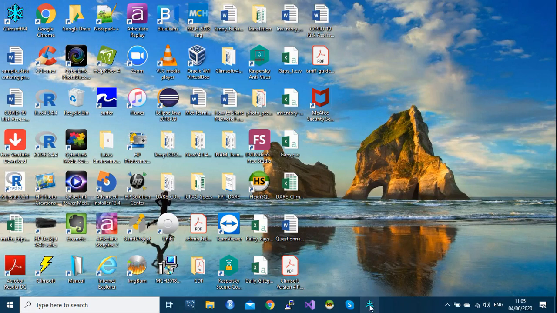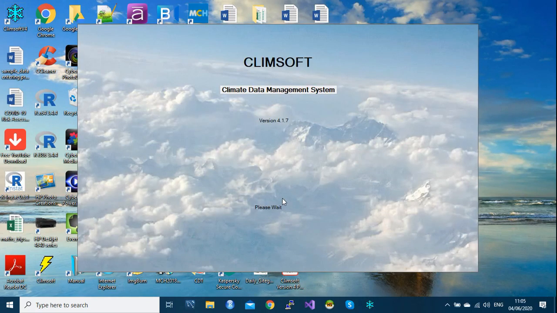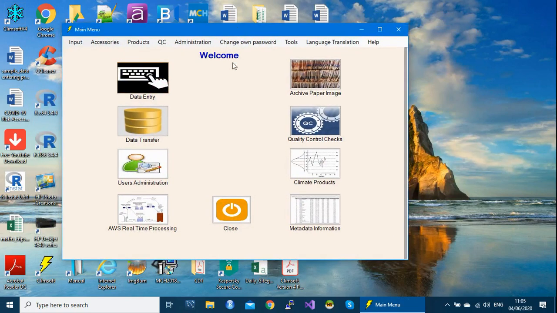So let's launch ClaimSoft and try to log in with our username and password. And here you will be able to see this welcome dialog, which shows different aspects or components of ClaimSoft. The component of our interest here is data entry.